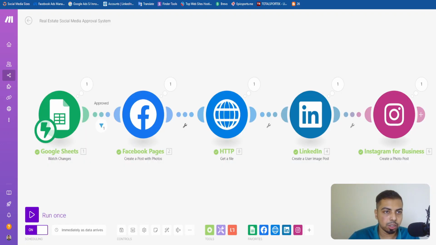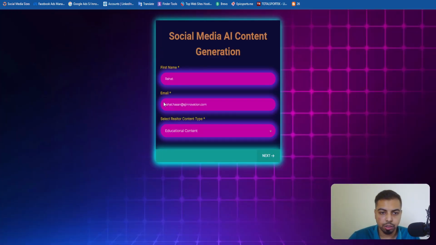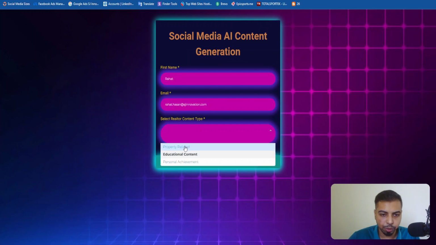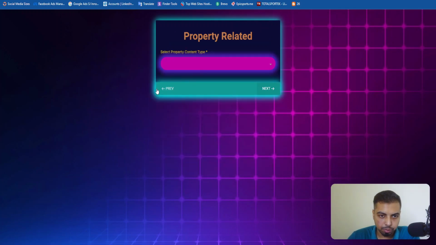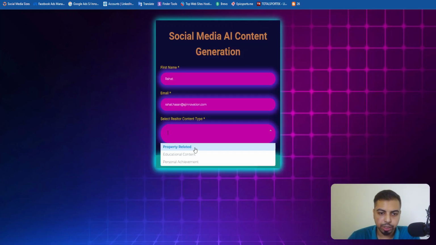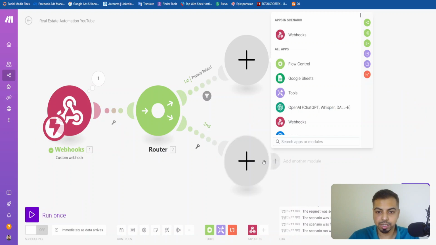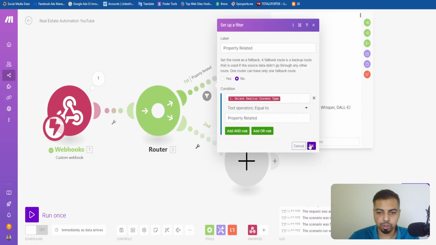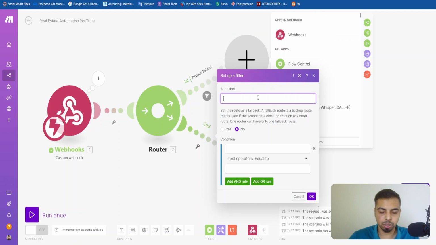So let's see here, you just need to make sure that the content type field that you have used is actually matching, it's actually the correct spelling. Not sure why I'm taking so much time to explain this. So for the property related, just make sure that you are using the correct spelling here. So this is the property related, and then the second one is basically